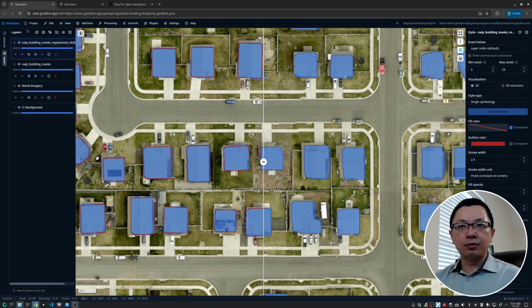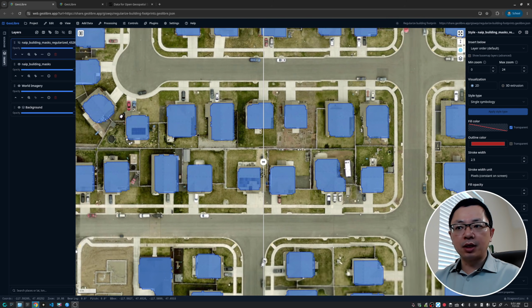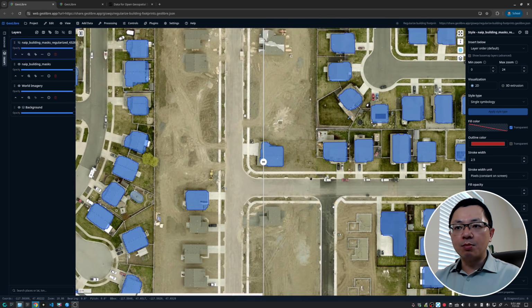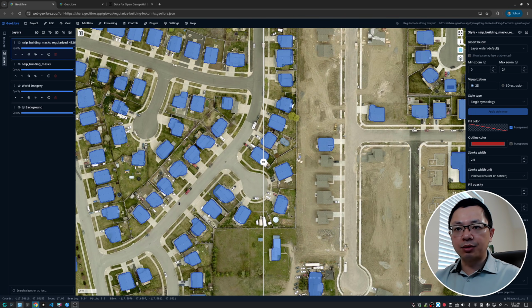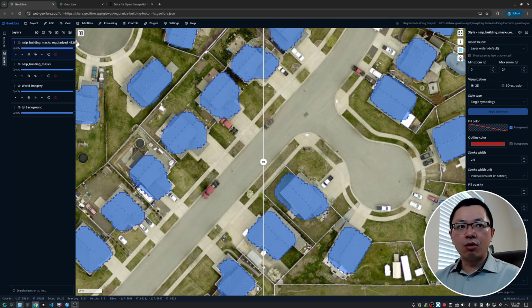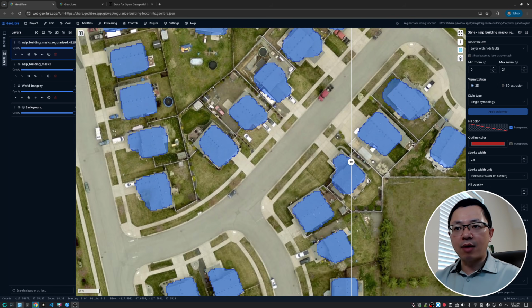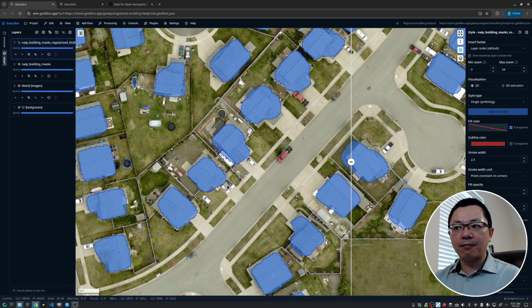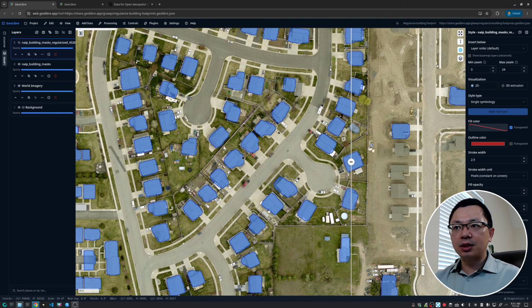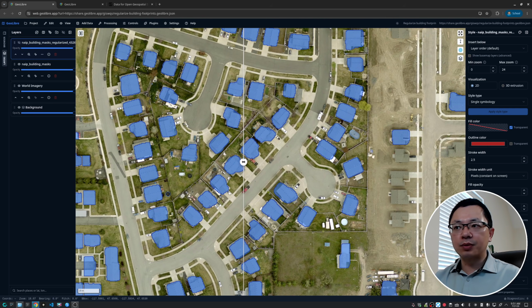This is particularly useful if you use deep learning to get building footprints. You might end up with something like this, especially, for example, this along the diagonal line. Those buildings are actually quite challenging. You might feel that it's very easy to do, like simplify the building outlines. It's not. It's a very challenging issue, and one of the most popular tools that being used is the ArcGIS